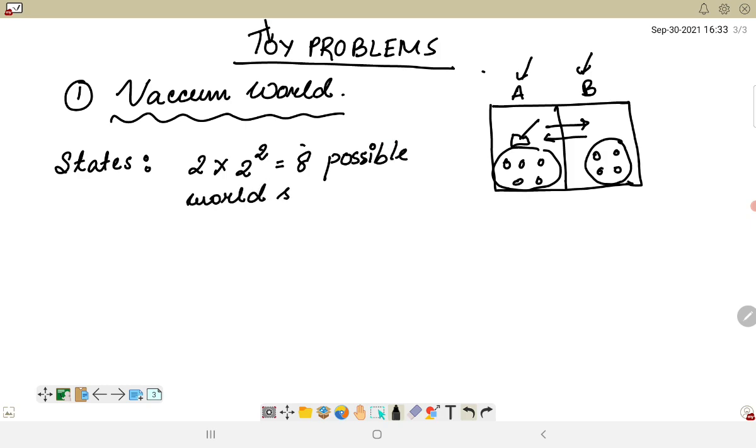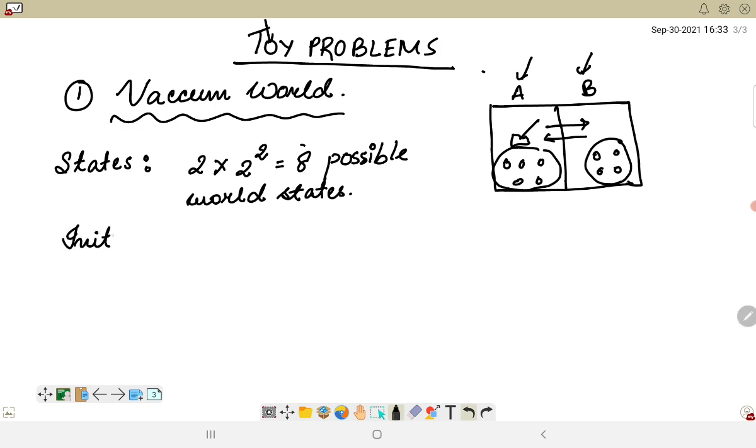This is the initial information that this particular problem has about the world. The agent can be in one of two possible positions, either A or B, and each of these positions has two options, either clean or dirty. Similarly, room B might also be clean or dirty. Based on this, there are 2 into 2 to the power 2, which is 8 possible world states. So what would be the initial state here?